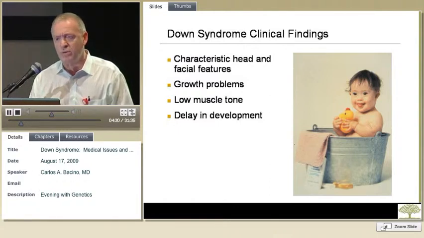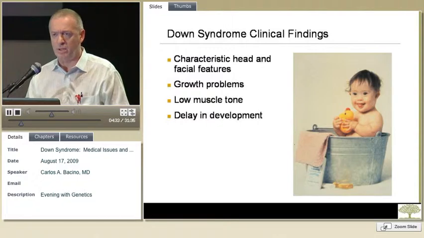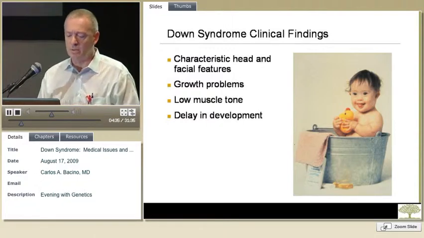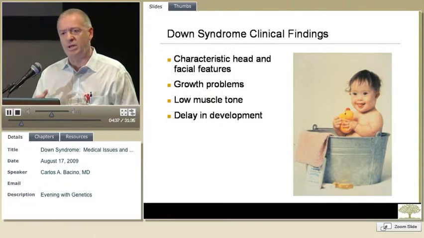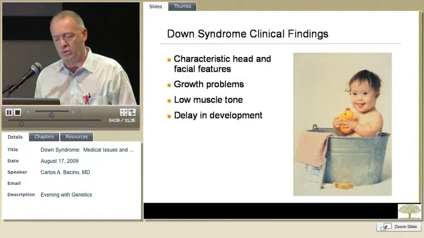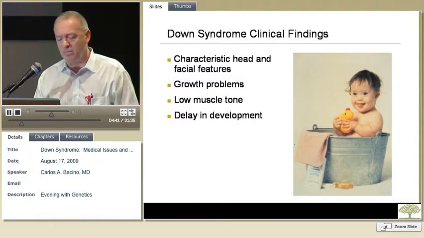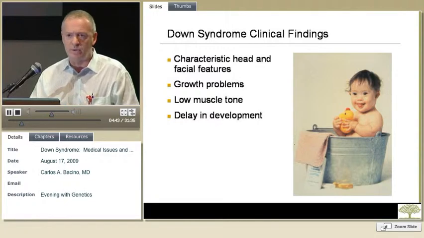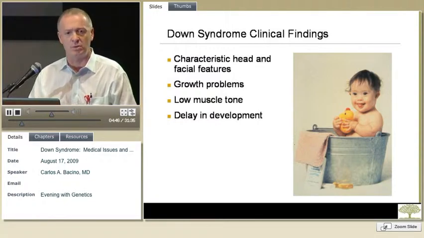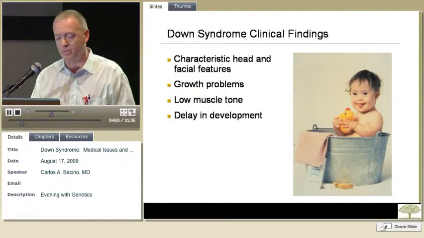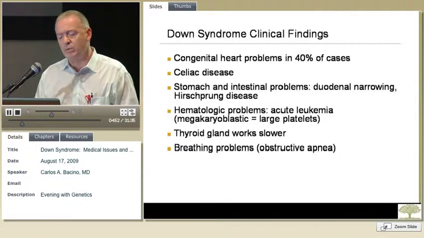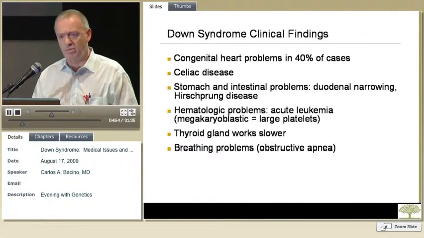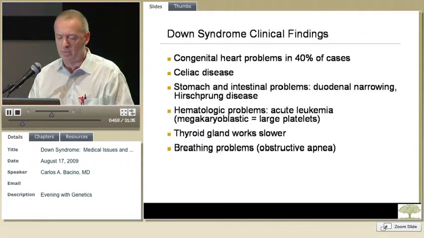And the more significant problems are related to their development, to their growth, and also initially to the low muscle tone. And as I mentioned before, there are some facial features that may help us with the diagnosis, but they are not necessarily considered medical problems per se. In terms of clinical issues, and that's some of the issues I want to touch upon tonight,